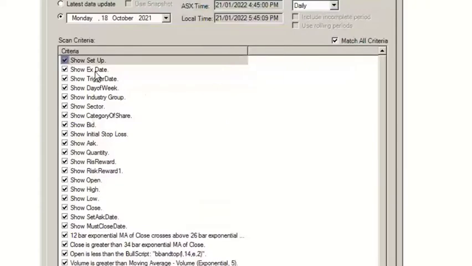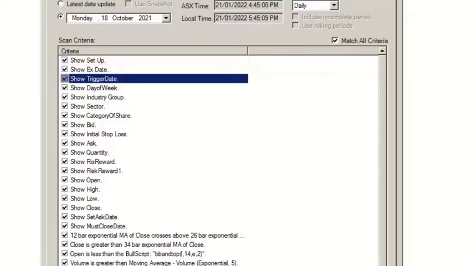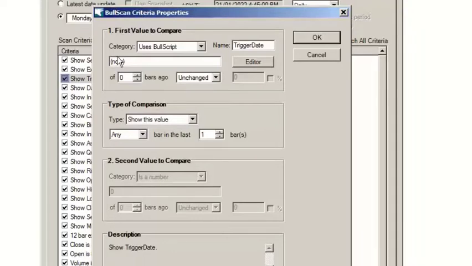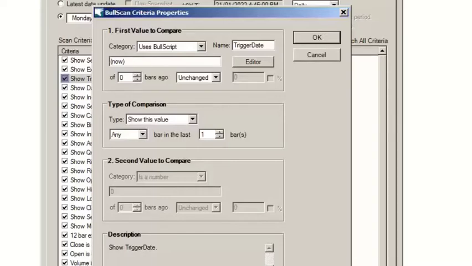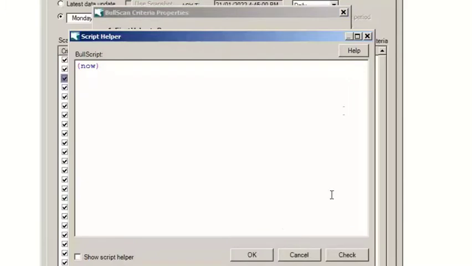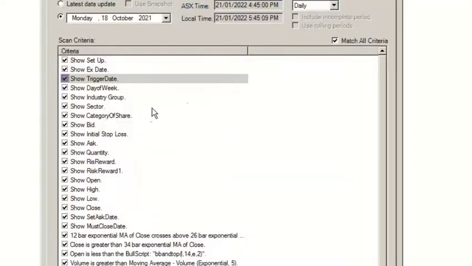So that's that. The X date, the trigger date, a little bit more, that's just really very simple. And now, when I first started, I had a bit of a bent for this sort of stuff, so I didn't find it too threatening. But the BullCharts help components within the BullCharts manuals, I found very, very easy to use. Again, I've got a bit of a background on this, so I felt it pretty easy. So again, that's a very simple one.